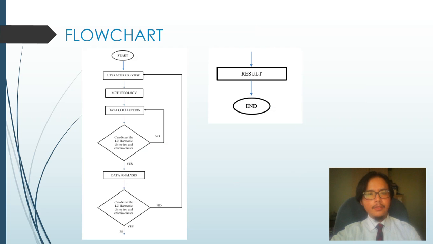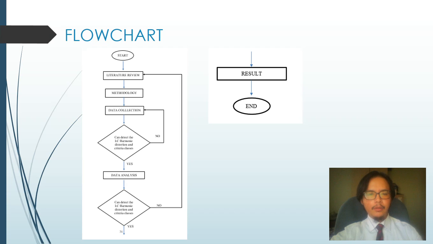Okay, this is the timeline estimation general process flow, and we begin with start, and then literature review. After that, we go to methodology, and then data collection. After data collection, we go to the process where we detect the leakage current, harmonic distortion, and criteria classes. If no, the process will return to data collection, and if yes, the process will go to data analysis,